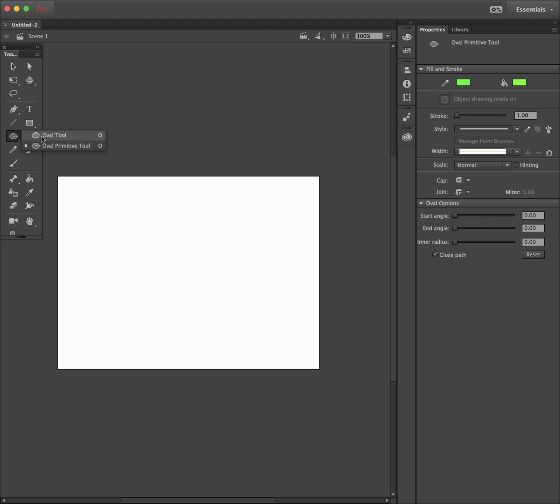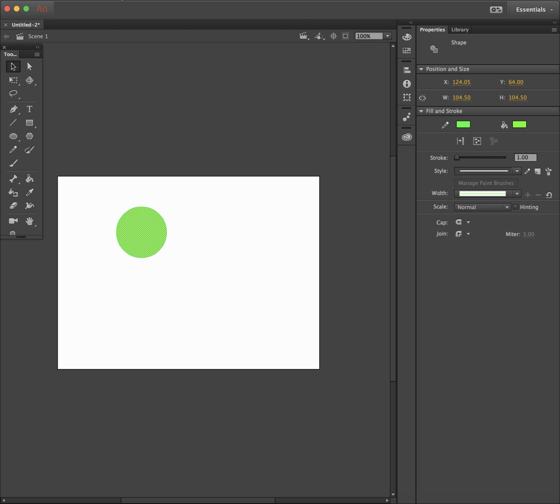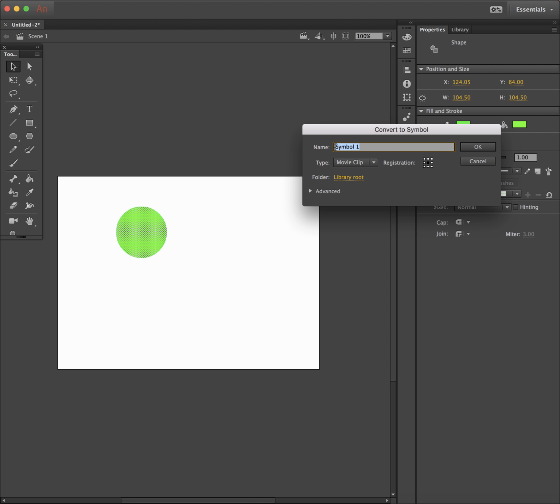This tool panel's changed a little bit, so we could just click on oval, and we're going to make a green button. Now, if you remember from the past, you need to make this, because at the moment this is just a graphic. It's just sitting on stage. It's not in the library. It's nothing that we can reuse. So in order to make it into a symbol, if you recall, we click on our selection tool. So we just select it. We go to modify, convert to symbol. And we'll name that symbol